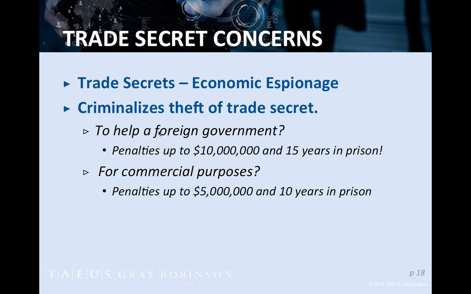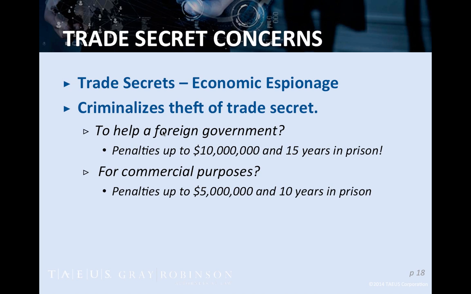there's also criminal penalties under the Economic Espionage Act, including what I would describe as a pretty significant penalty if the misappropriation of a trade secret that you're engaging in is to benefit a foreign government. As you can see from the slide, the penalty can be up to $10 million and a 15-year federal prison sentence, which is a pretty hefty stick, I'd imagine, to swing. And even still, if you're not even trying to help a foreign government, the commercial purposes penalties listed in the second point below are not inconsequential. So that's a little bit scary to hear.